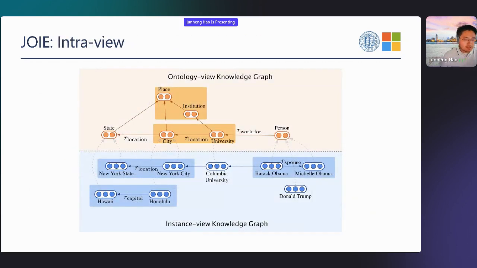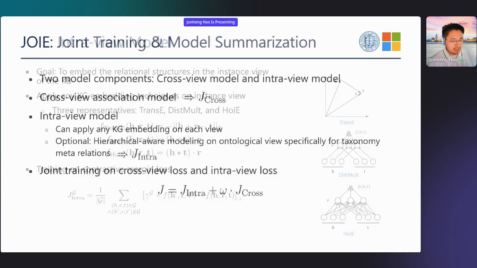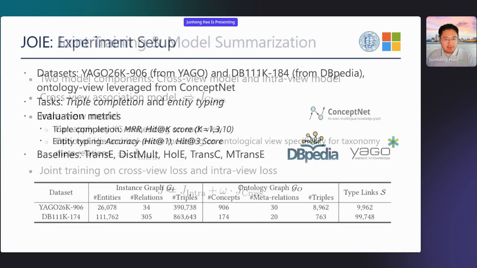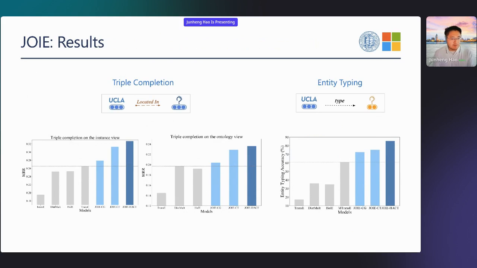As for the regular relational facts, we just adopt similar knowledge graph embedding techniques, such as the representative TransE or other types of scoring functions, to continue this training. We just add a regularization term for cross-view to regularize the classes as well as their instances. This simple splitting method for knowledge graph formulation can lead to better performance in triple completion or link completion